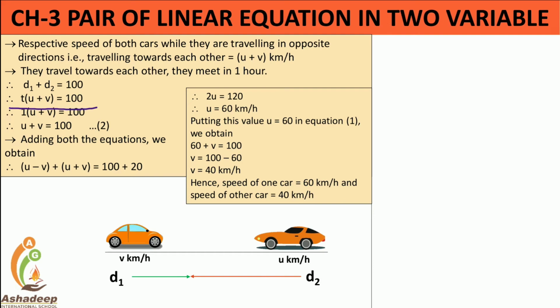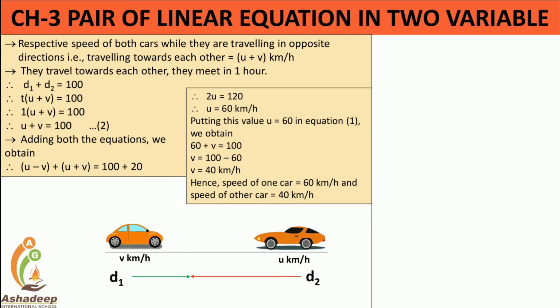t is common; instead of t, write down the 1 and you will get u plus v is equal to 100. Adding both the equations we obtain u minus v plus u plus v is equal to 100 plus 20. Now plus v minus v cancels. So u plus u is nothing but 2u is equal to 180, and therefore u is equal to 60